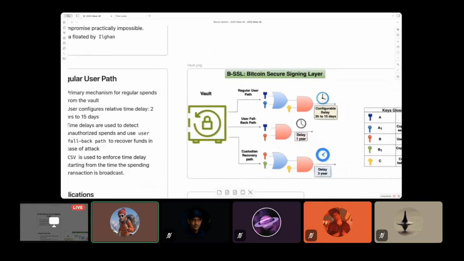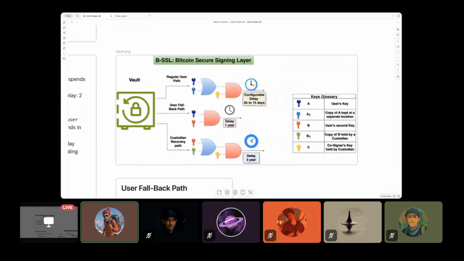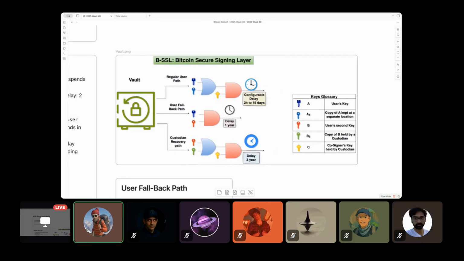So the basic protocol is something like this. You typically have this vault, which is a tap script with different spending conditions, and you put your coins that you want to vault into this vault first. And these are the three different spending conditions that you can use to spend from this vault. So this assumes that you have created these spending conditions and locked your coins into this